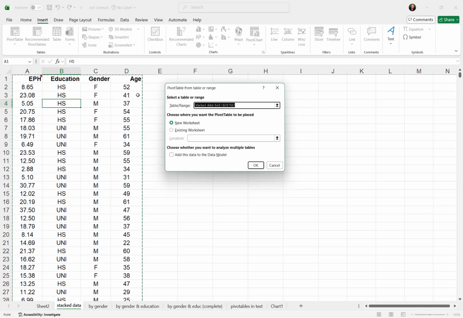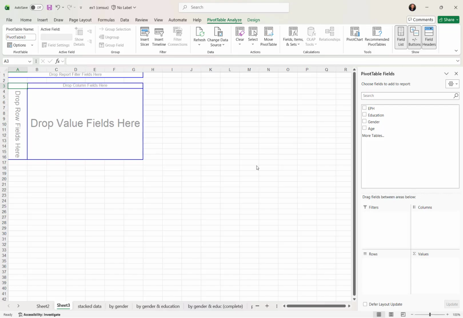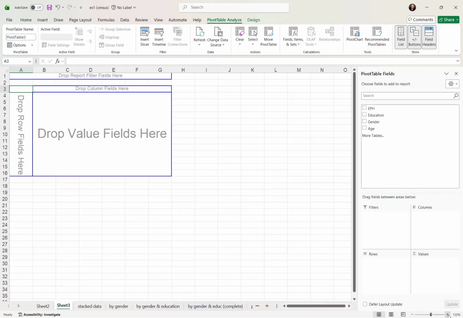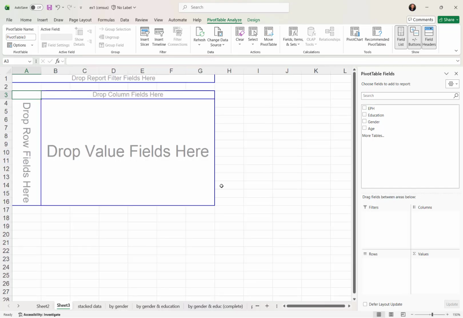The data is automatically selected. It says stacked data from A1 to D7987. That's the correct range. Put the pivot table on a new worksheet and click OK. We get this. I'm going to make it a bit bigger, up to 150% here so that you can see it. All right, for this little activity, what we're going to do is we're going to put a couple of